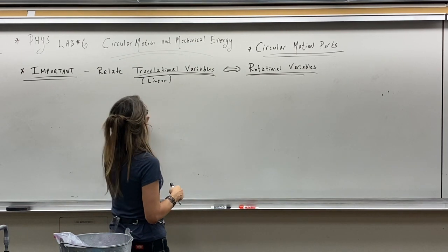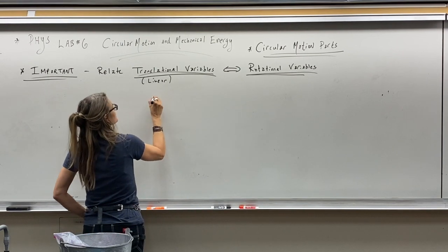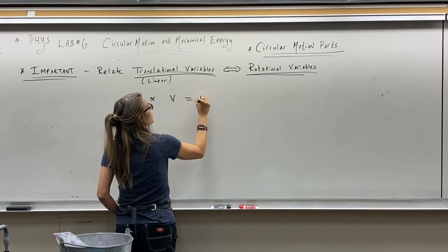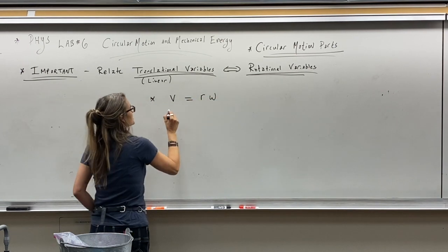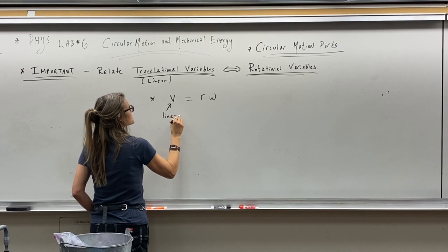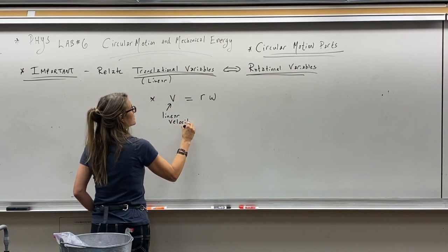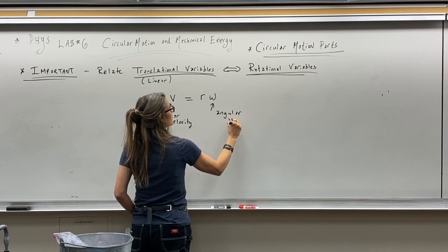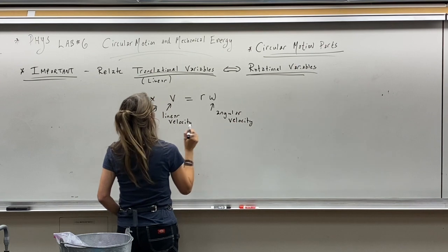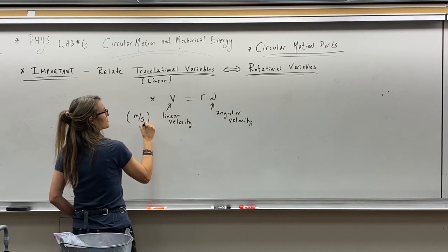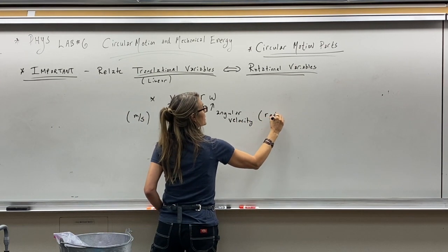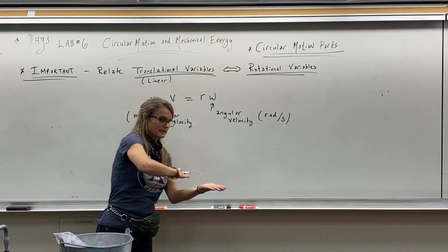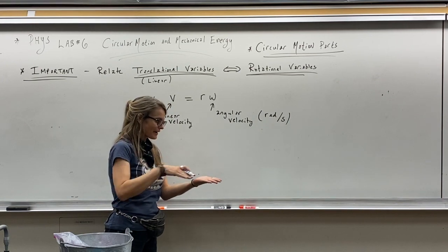So very important ideas. So what we have is for translational variables, we've been dealing with velocity. And we want to relate it to our angular velocity. So this is our linear velocity. We're going to use this a lot, linear velocity. And here is our angular velocity, omega. And our standard units are meters per second, where this is radians per second. Okay? And the difference, so if you're on a big disc, you know, like a rotating merry-go-round,